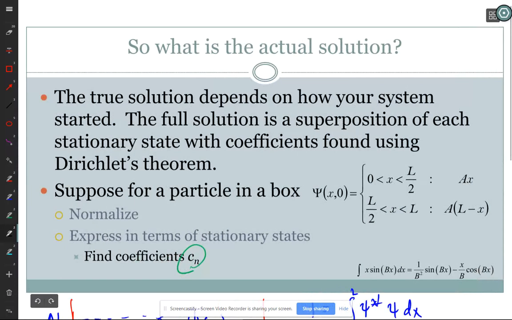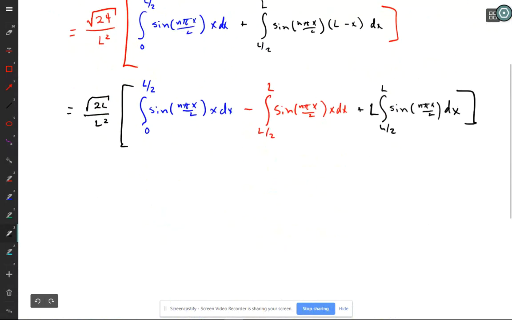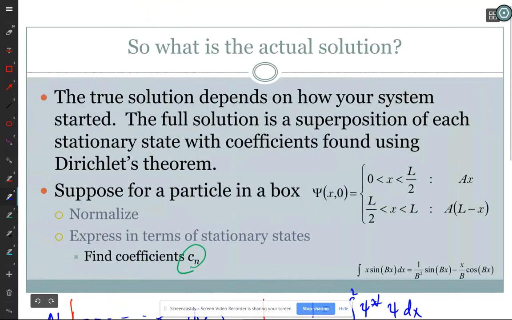Let's just remind ourselves here this integral. The integral of x sine bx dx is 1 over b squared sine bx minus x over b cosine bx. So in this case, b is n pi over L. So if b is n pi over L, 1 over b squared is L squared over n squared pi squared. And then it was sine